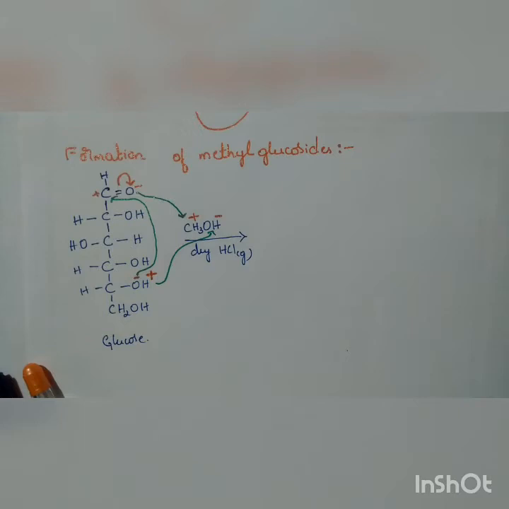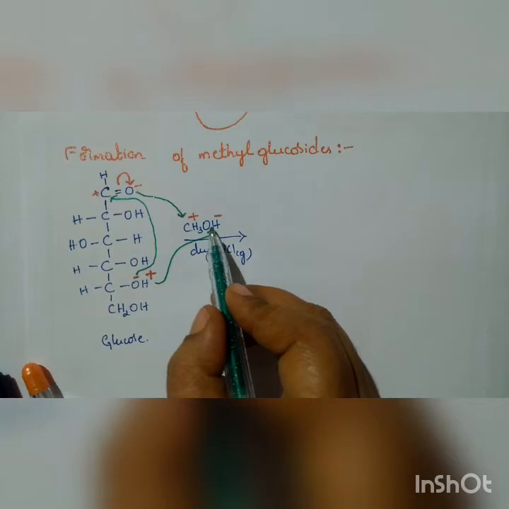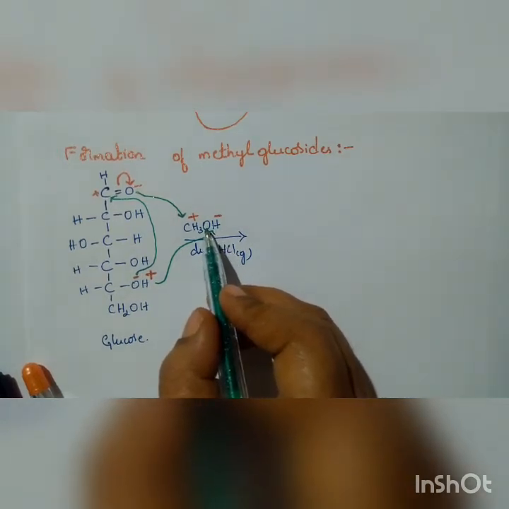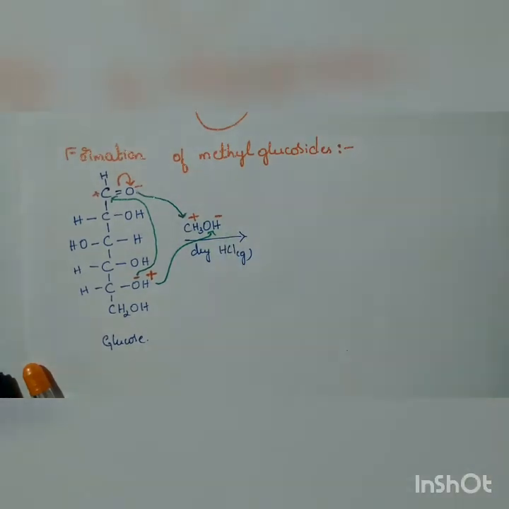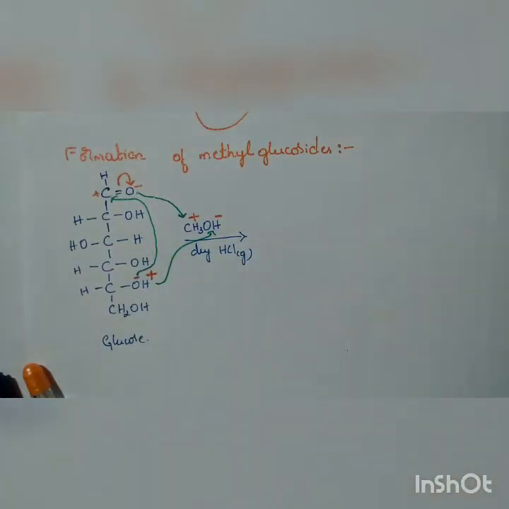The easier way is this: we know the electronegativity difference between the elements. According to the electronegativity difference, we are going to distribute the positive and negative charges, so that it will be easy for us to understand, and also easy to remember. So H plus combines with OH minus. It is a separate group. H2O it forms. So that is a separate group.